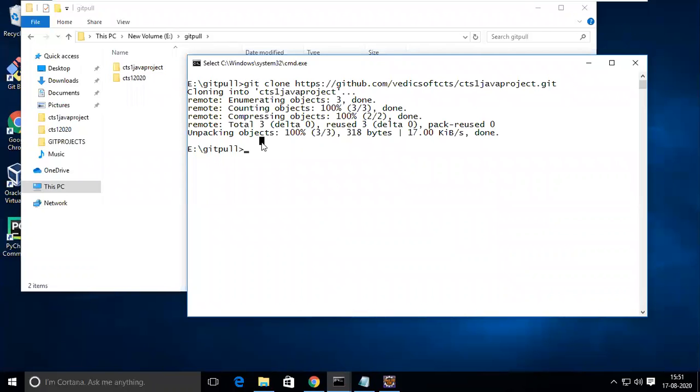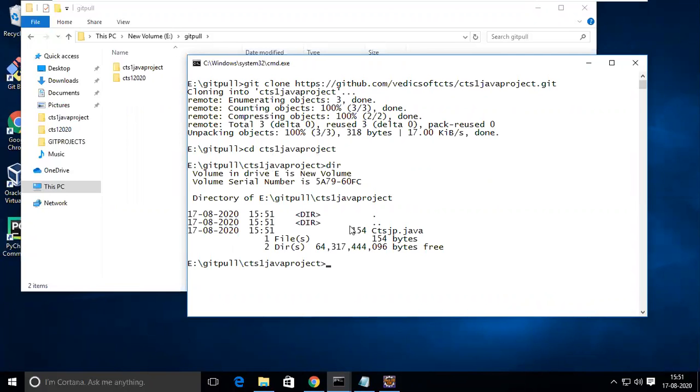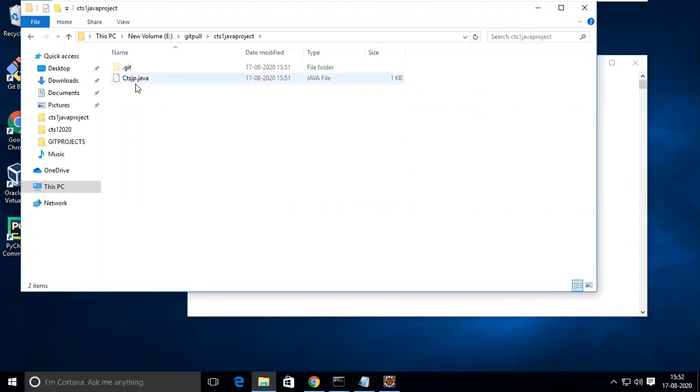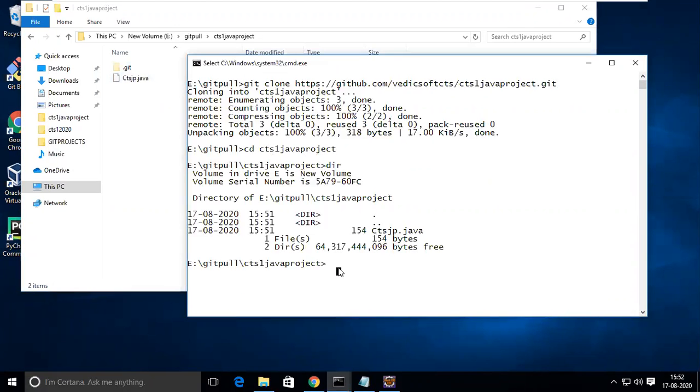Now can you see automatically the entire folder has come here. Now cd cts. So I'm going into a folder, and what is there? This is the file inside of this one. Now I want to execute it. For example, one small part I said, I want to execute here and I want to develop. So both the things I want to do.